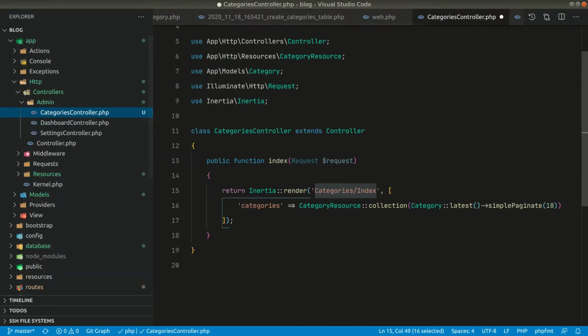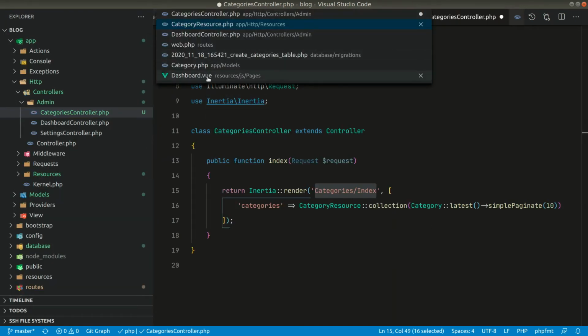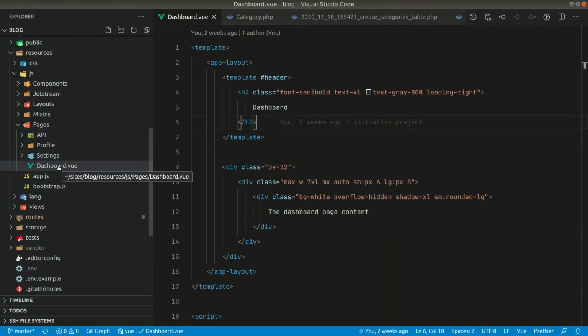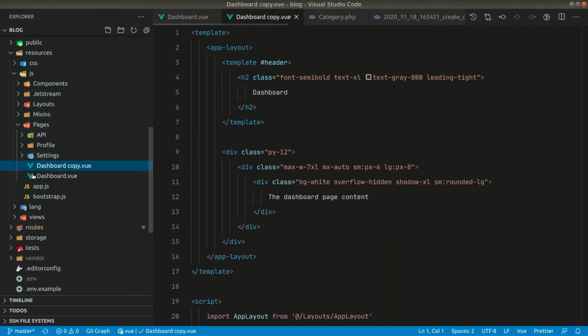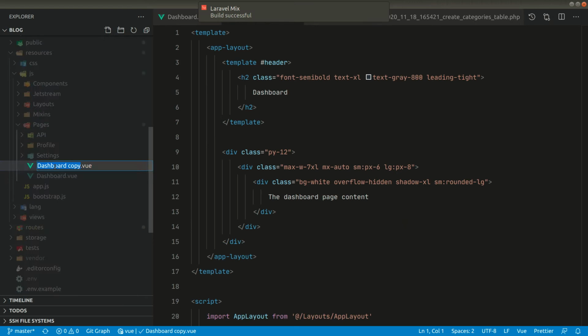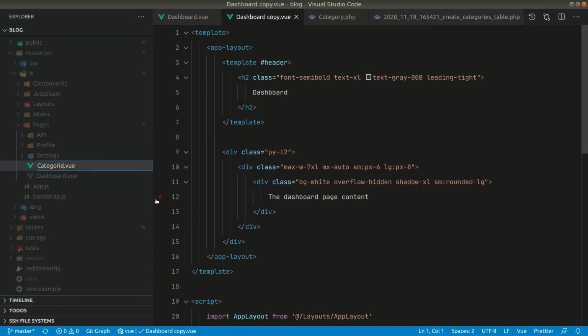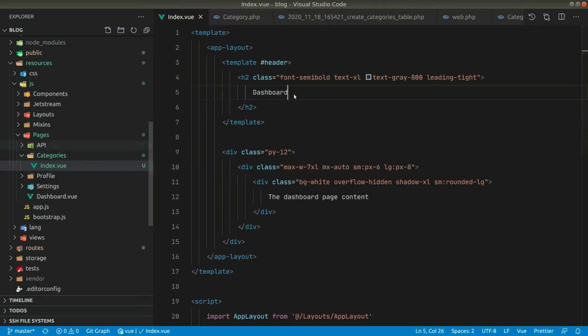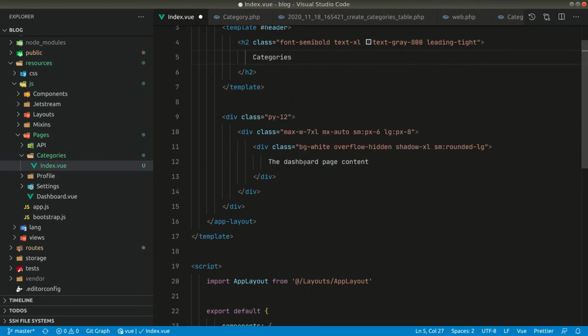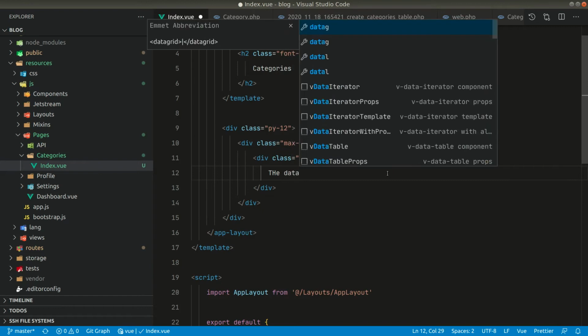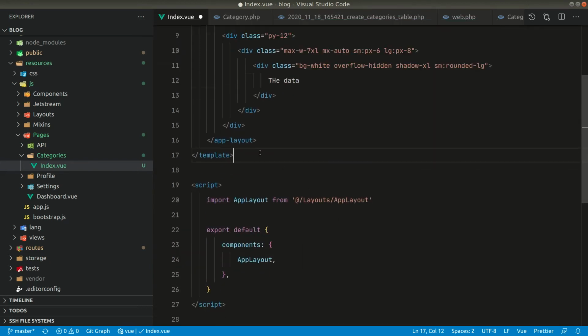If we go here in the dashboard, let us just copy and paste this dashboard for now, and let us rename it. So we have the category/index view. Okay, now let us change some data here. Let's say categories, the data, and let us leave it as it is.